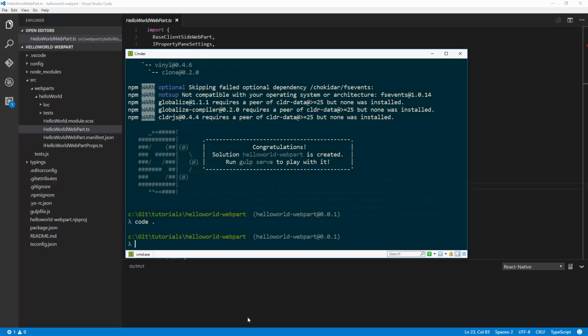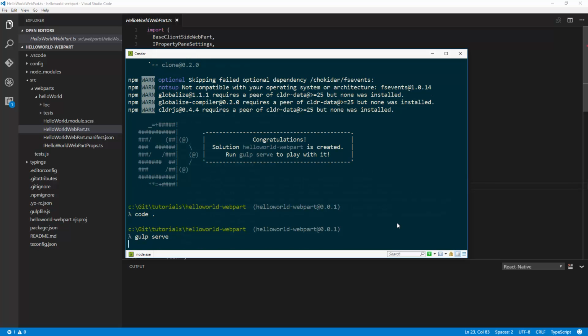And switch back on here, and we want to actually see how this web part works in practice immediately without any modifications, immediately when it's coming out from the scaffold, when it has been scaffolded. So let's run a gulp serve. Gulp is a task manager, serve is a command for the task manager,